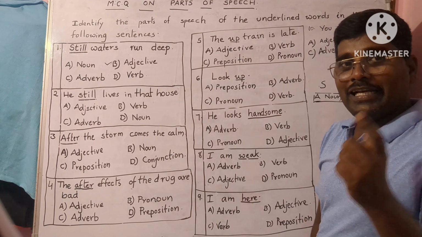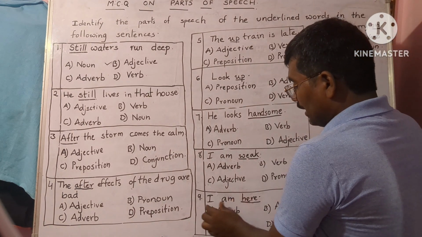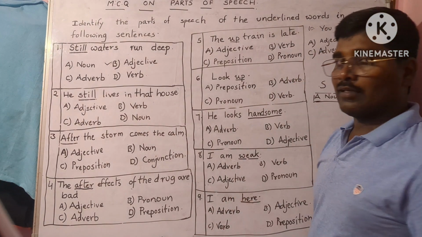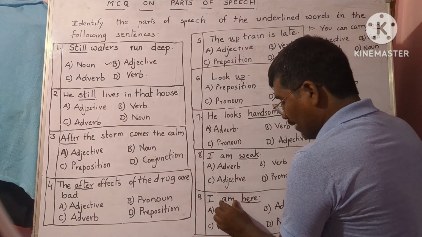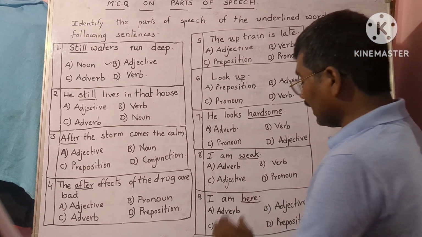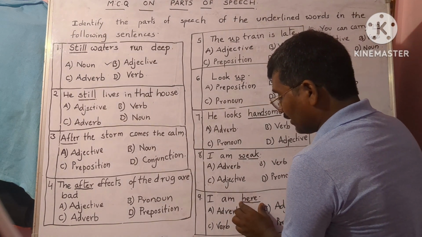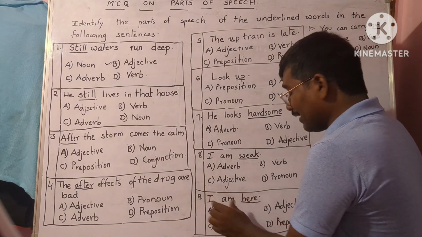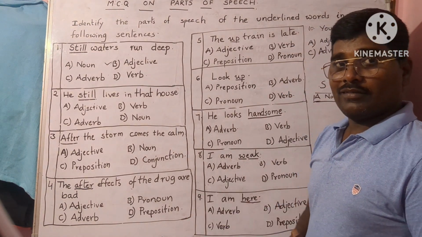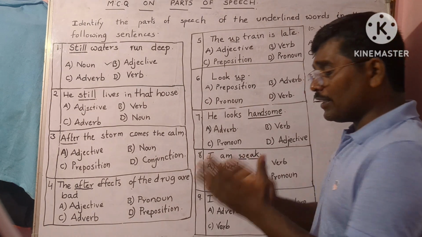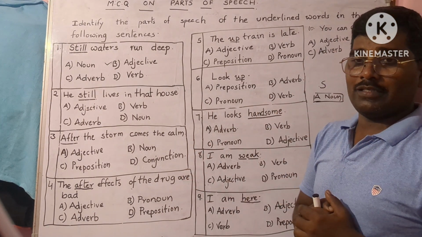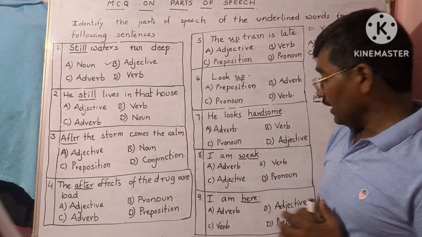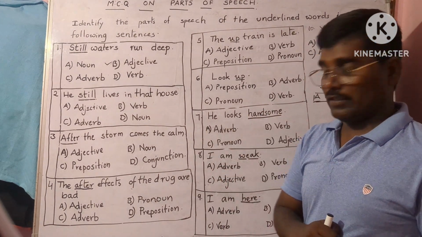Here you must observe very clearly, friends. When you break down the sentence into two parts, I is the subject and here is the predicate. No doubt, am is a linking verb. Here it is not linking a certain characteristic or quality of the subject. Here it is linking where the subject is. It is telling the position of the subject, the certain location of the subject.